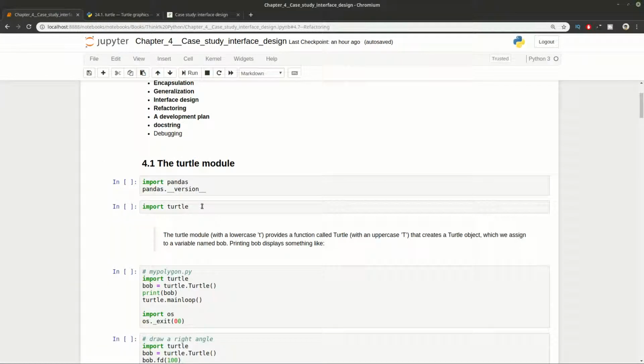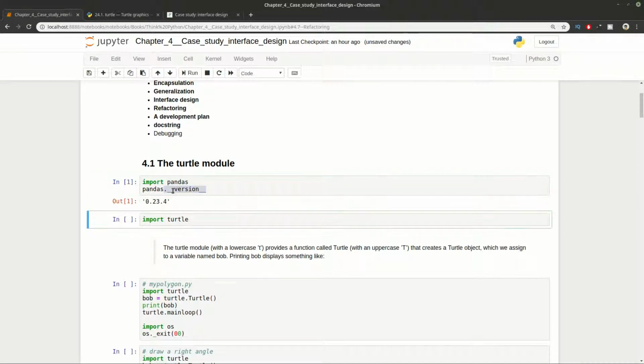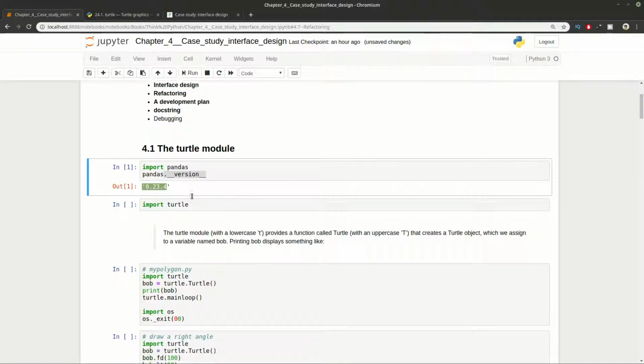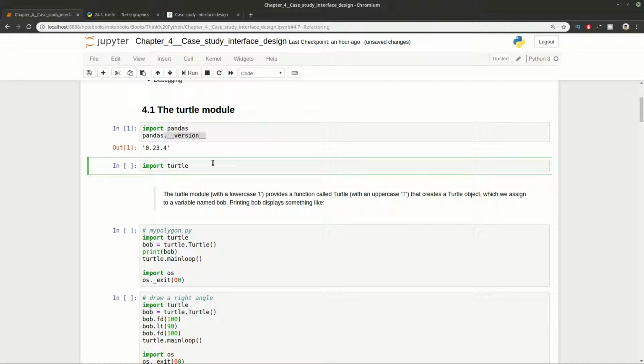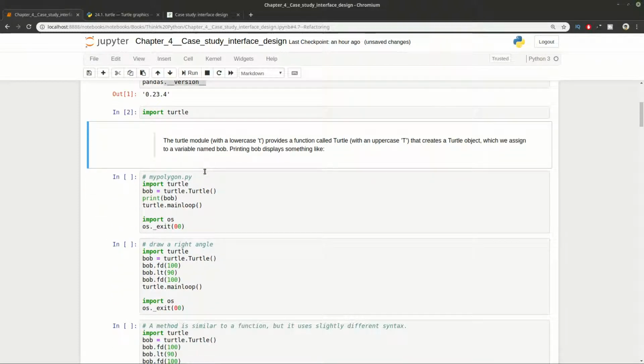So let's continue. In general, you can find the module version by using this statement here. You can import the module and then get the information with pandas, for example, dot version. As you can see, we can get the information for this module, or you can use pip freeze and then get the information for a given module. In this case, we're going to check if we have the module by using a simple import, and if the import is okay, this means that you have the module and you can use it.